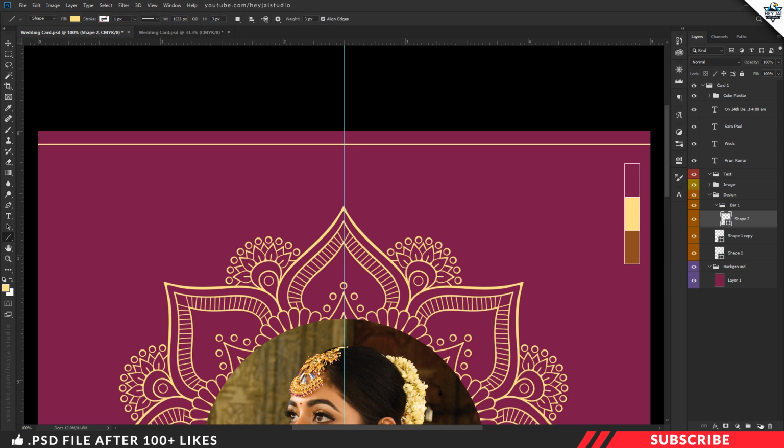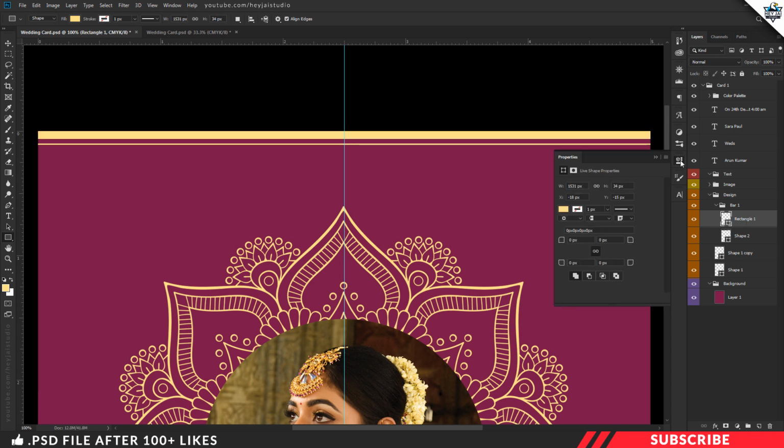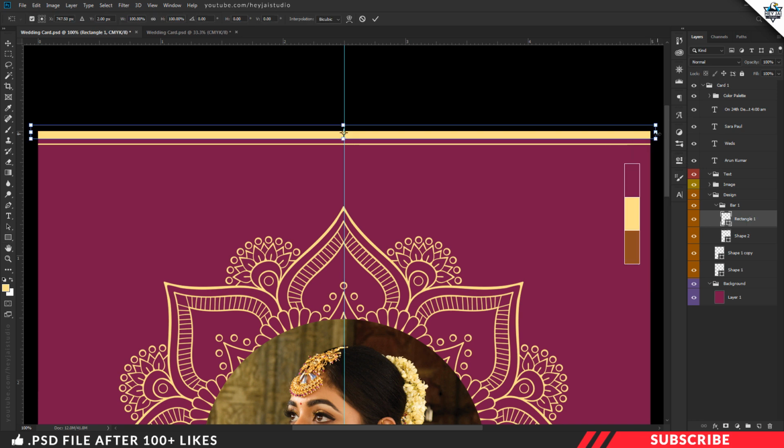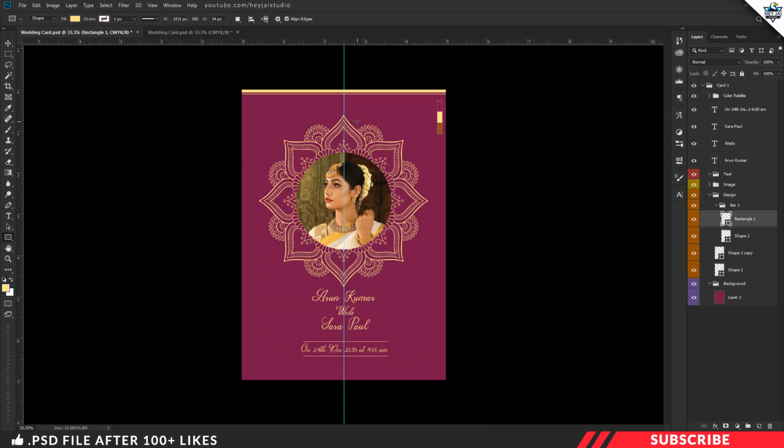Next, we are going to create another shape, rectangle shape. For that, create a layer. Now pick the rectangle tool. Now create a rectangle shape like so. Adjust the shape and position using your keyboard arrow keys. Fine, once you're done, next we're going to create a duplicate copy of this bar1 group.